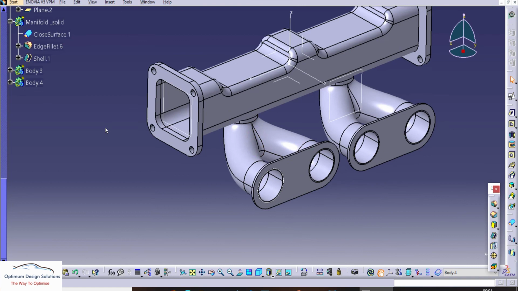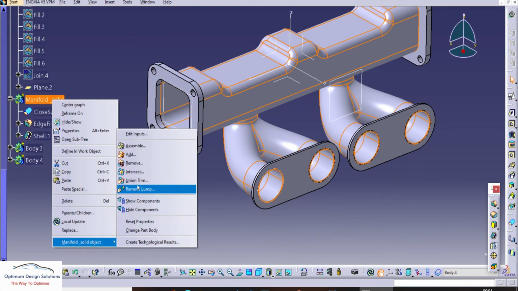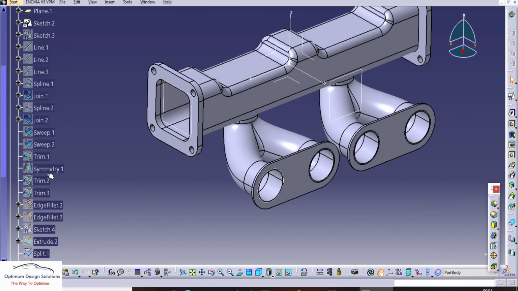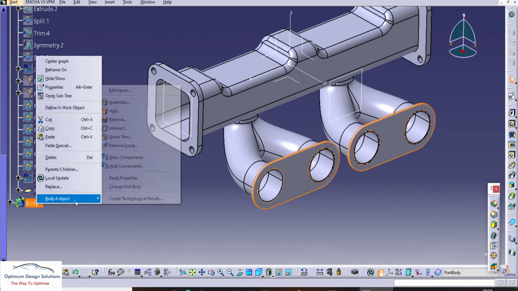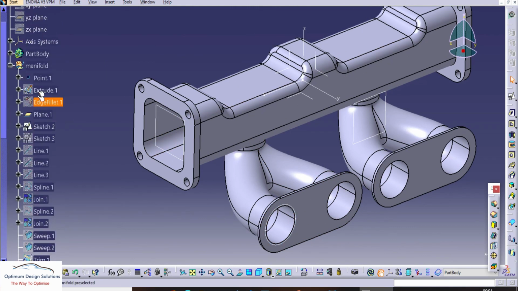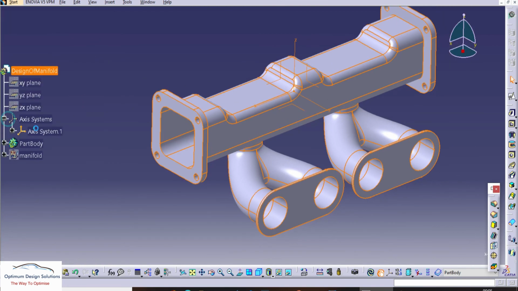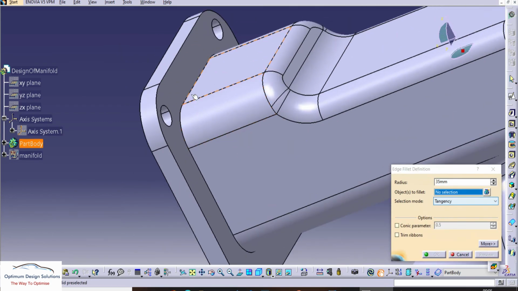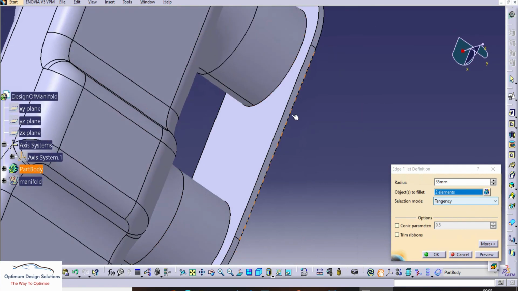Now we'll add all the parts into the part body. Let's do the boolean operations to add the final manifold into the part body. Then we'll apply the chamfer, and if there is any requirement for radiuses, here the radius is required, and at this corner also.